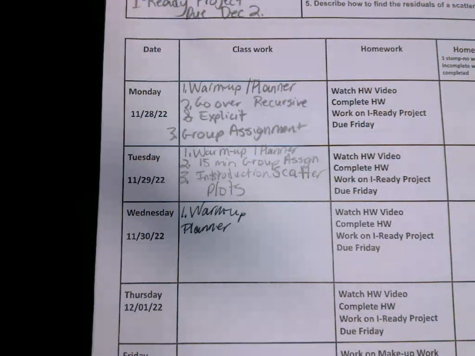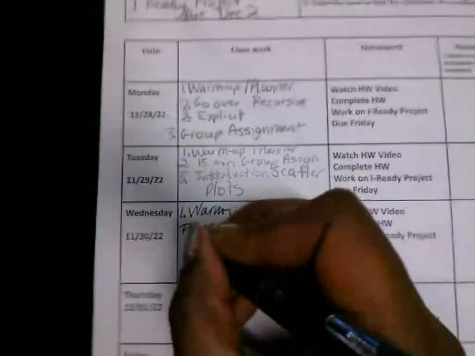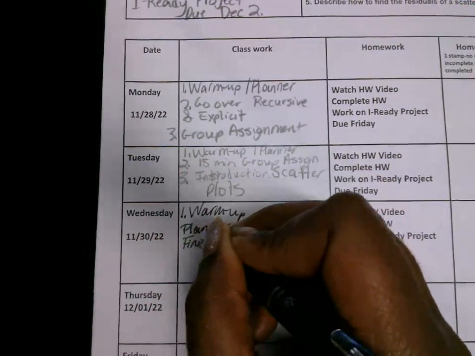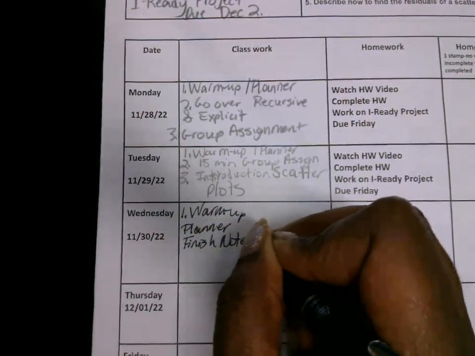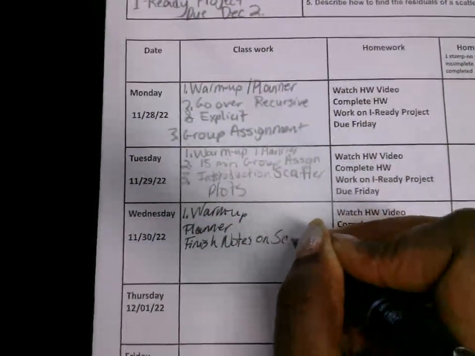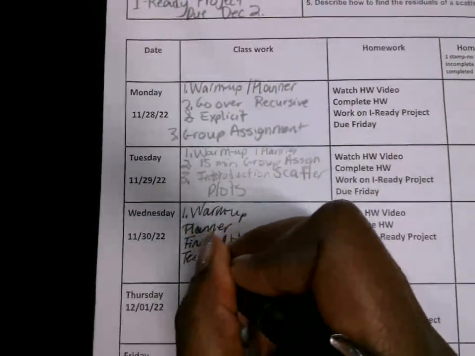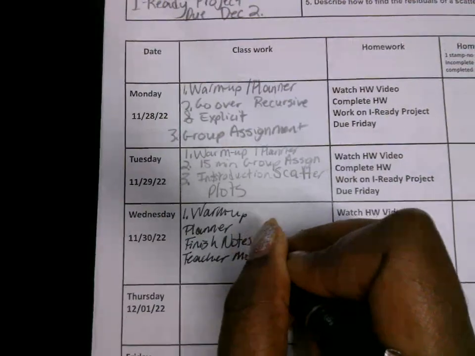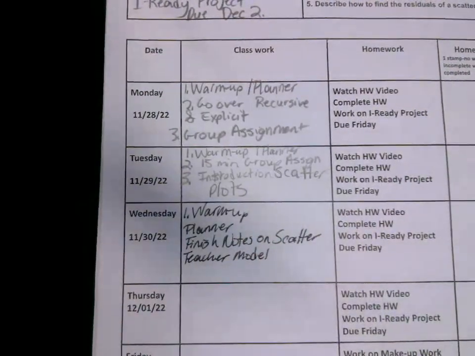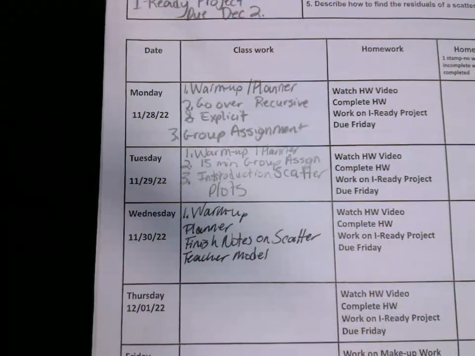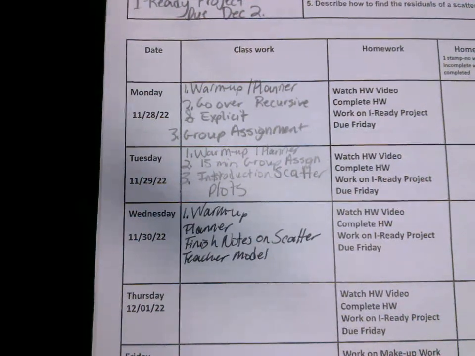I'm going to finish the notes on scatterplot, the introduction notes to scatterplot. And then I'm going to show you how to find the line of best fit. And we're going to practice, okay? We're going to practice doing some scatterplots in the calculator. So you'll know how to do scatterplots in the calculator and find the line of best fit in the calculator